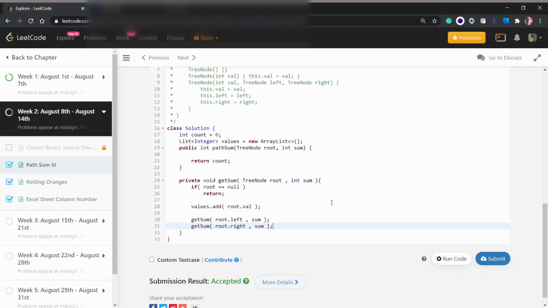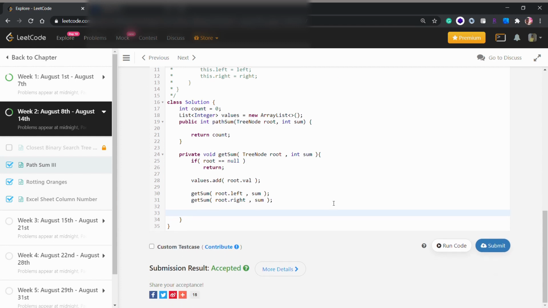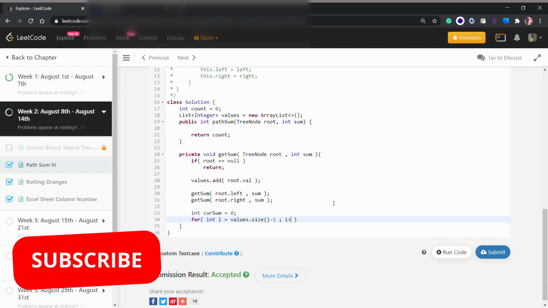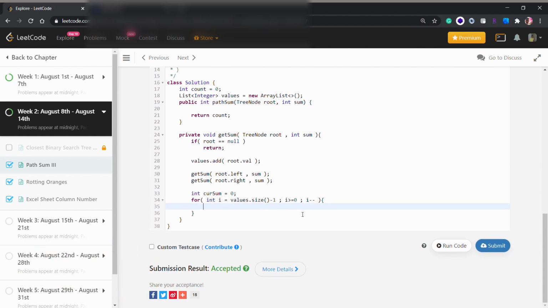Now we will have our logic here. We will have an integer currentSum equal to 0, and a for loop for integer i equal to values.size() minus 1, and i greater than or equal to 0, and then i minus minus. So we are just moving from the last element added to our first element.